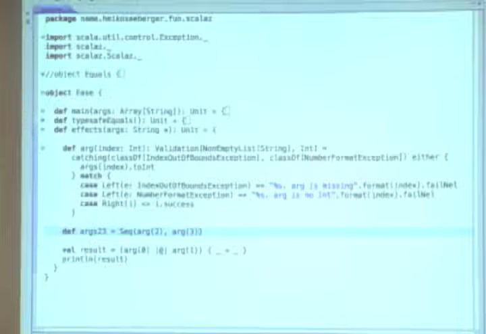Now we cannot simply introduce it here, of course, because then many things go wrong. The type doesn't fit anymore. We don't have a validation here. We have a sequence here. And what should we add here? So what we really want is for this sequence of validation to become a validation of sequence, right?